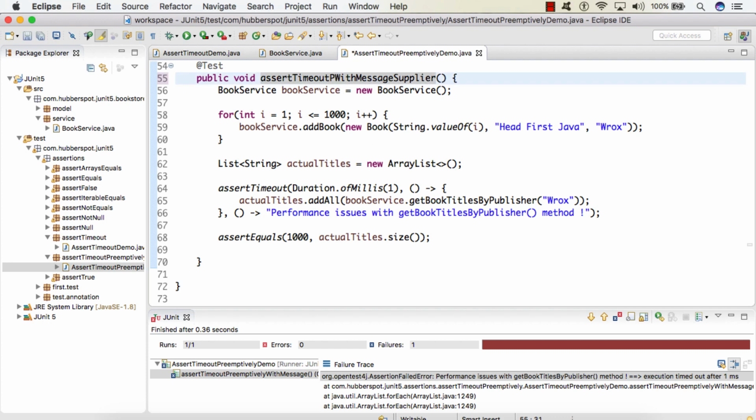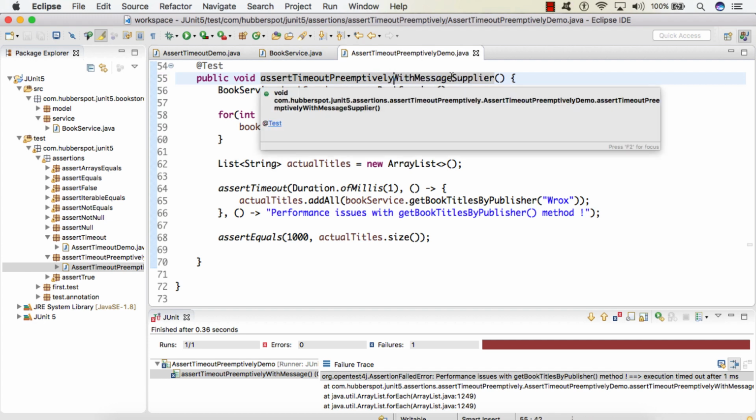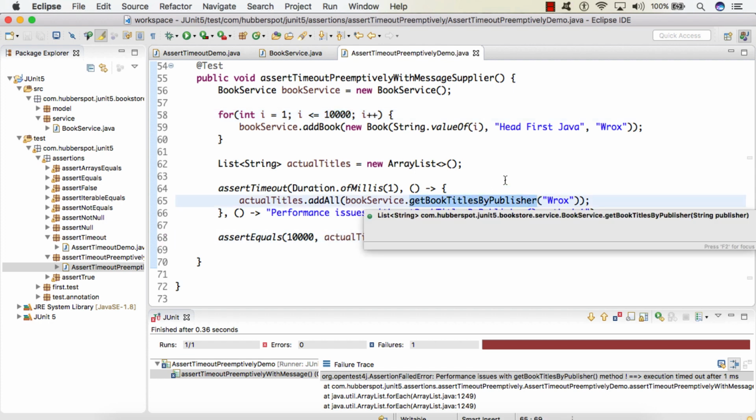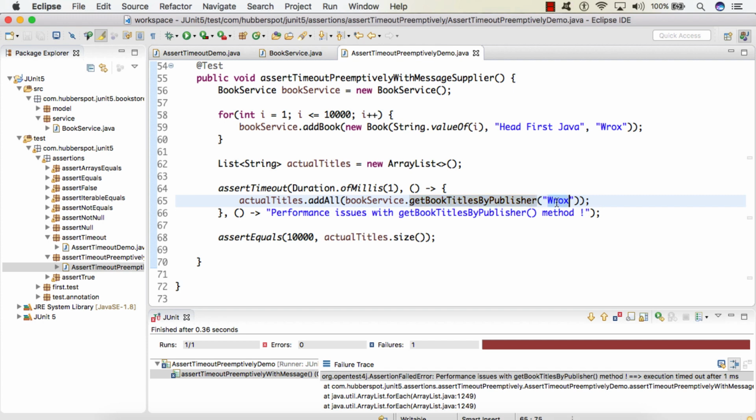So let's change the name to assertTimeoutPreemptivelyWithMessageSupplier. The scenario remains as it is. We are adding 10,000 books, searching for book titles having publisher as Vrox, and giving the duration of 1 millisecond in the assertTimeoutPreemptively method.